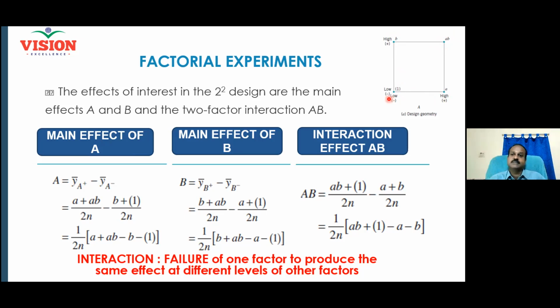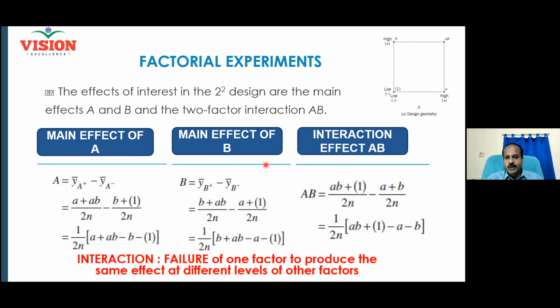How many of you understand this? I give 2 eggs, taste is 78. I give 3 eggs, taste is 80. Now what is the effect of 1 egg? Score improves by 2, isn't it? The difference, 78 to 80. The difference is the thing. So when I repeat the experimentation multiple times, I will take the average and then find out the difference. So the average of my readings on the right side minus the average of the readings on the left side gives me the effect of A. Do all of you understand? That is the meaning of this formula: Y bar at A plus minus Y bar at A minus.